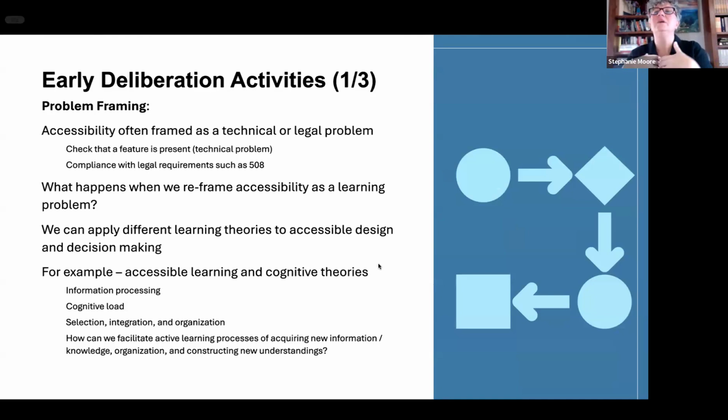As alt text. So if we're approaching accessibility not just through the lens of checking a technical text box, but we as instructional designers are doing what we do, and we start to think about how am I facilitating learning? How am I facilitating meaning making through this? How am I facilitating access to information? Then we start to frame the work that we're doing as facilitating accessible learning. Okay,